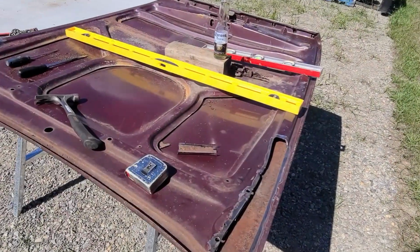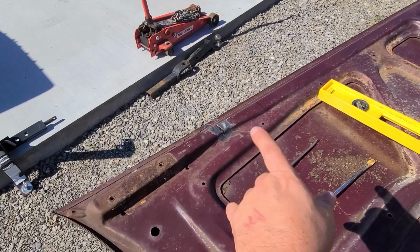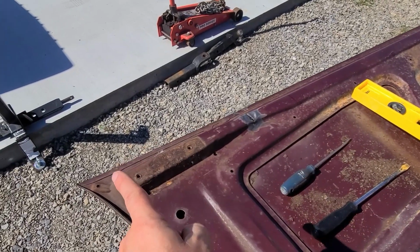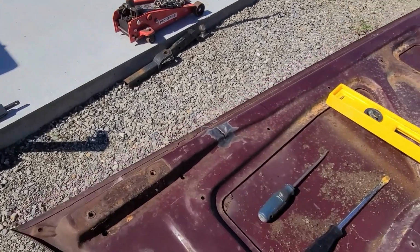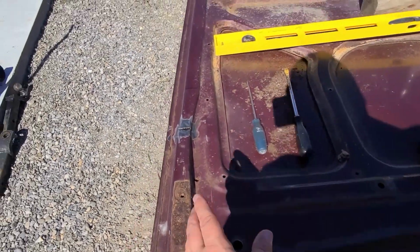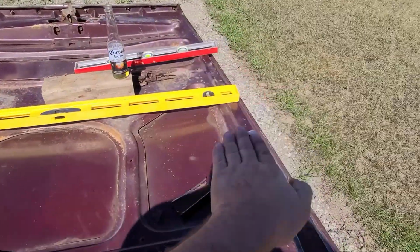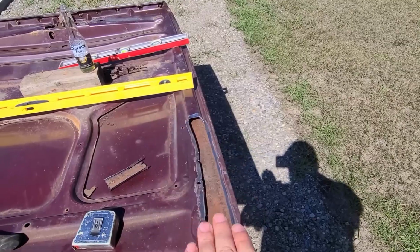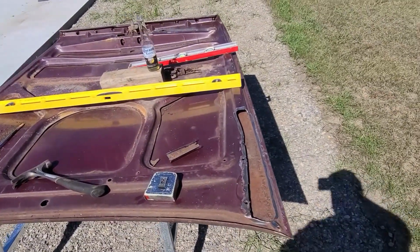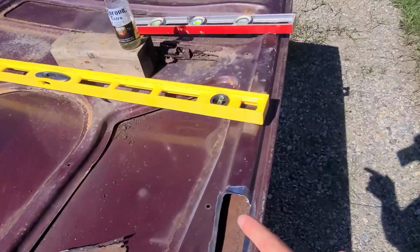So with those measurements, what I'm going to do, using cardboard, maybe start with paper, then cardboard, going from the line, kind of outline the shape of this upper, or this flat part here. It's kind of skinny, then opens up again wide. I'm going to cut that to measure that perfectly. Then I'll take it and lay it right over top here, so I can get it aligned where it's going to go, and that'll be my template to cut out a piece of tin for the face of it. Then I can tack weld on this side,